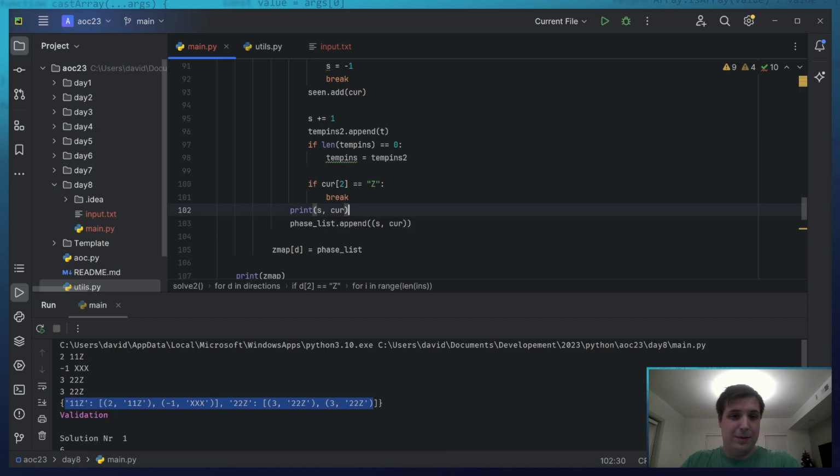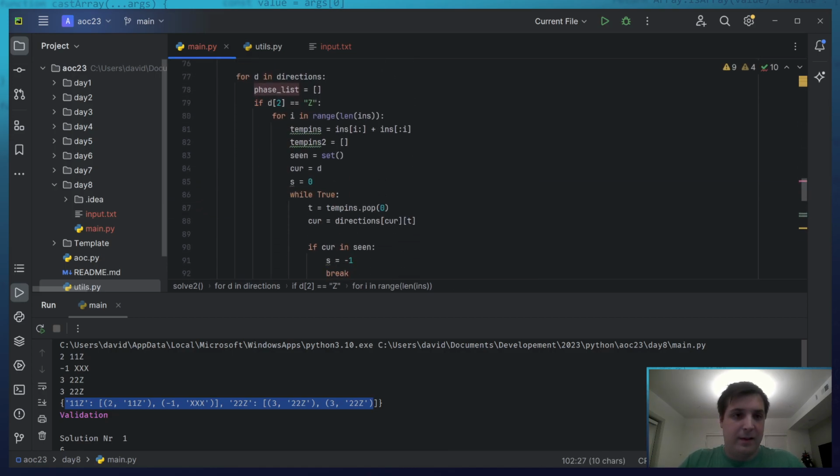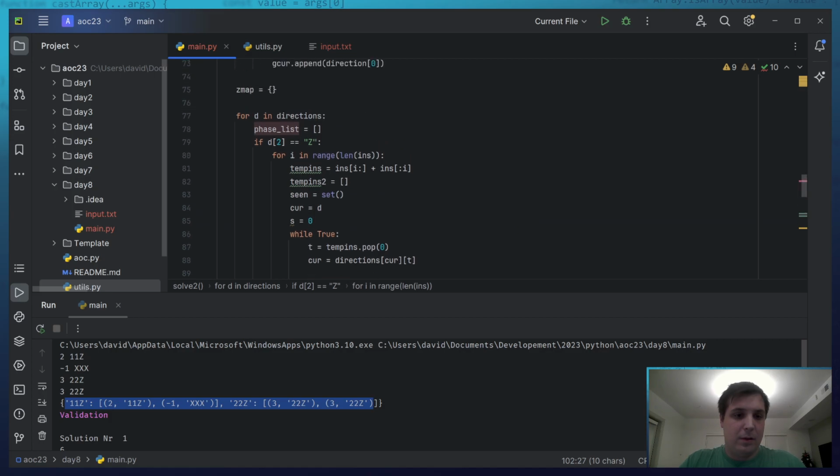So I also want to say face list. Yeah, I can't actually combine these two, because this one reaches this one in 3 steps if we start at phase 0, and it reaches this one in 3 steps if we start at phase 1.